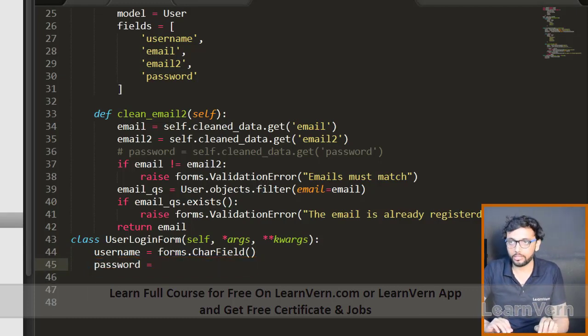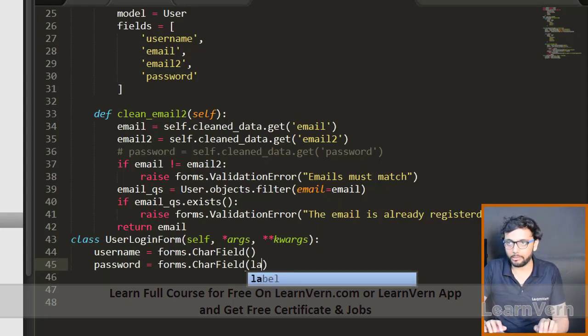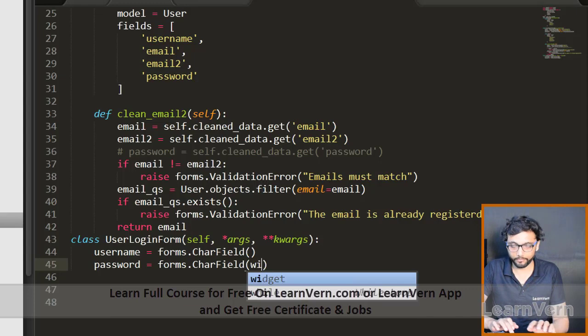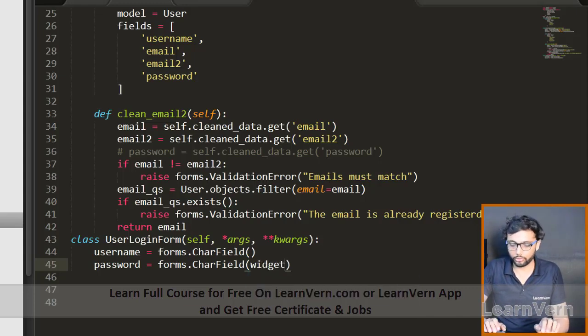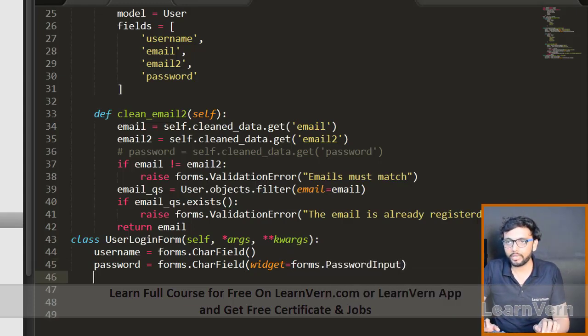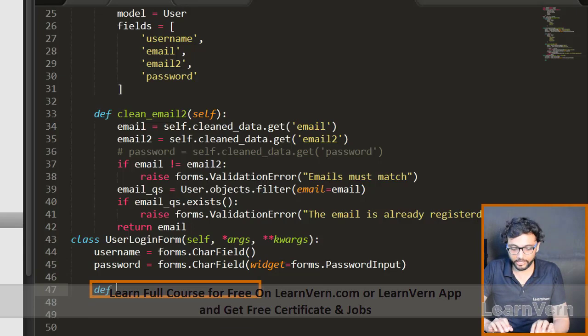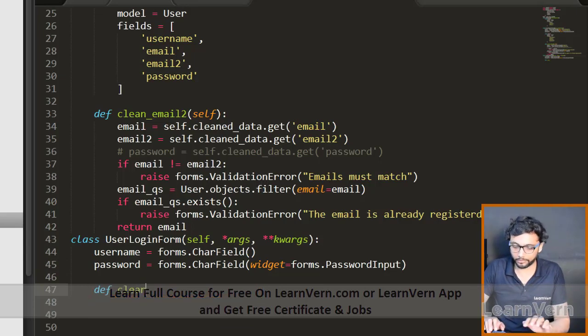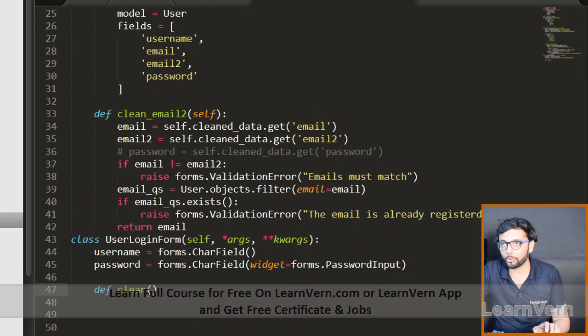We need two fields, username and password. So forms dot CharField, and we need to specify the widget for the password. Fine. So widget is equal to forms dot PasswordInput. Great. And after that we need to define our clean method as we have defined in the register form to